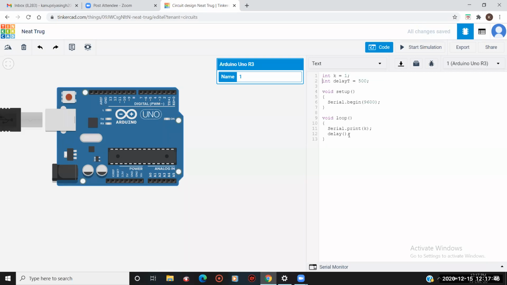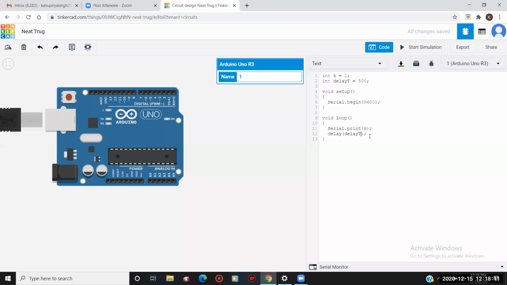So I have defined the variable. Now I will not use the constant anymore because I have made the variable for it. So I will add the name of the variable which is having the value 500. Delay t is having the value of 500 milliseconds. Here we are defining that variable only.